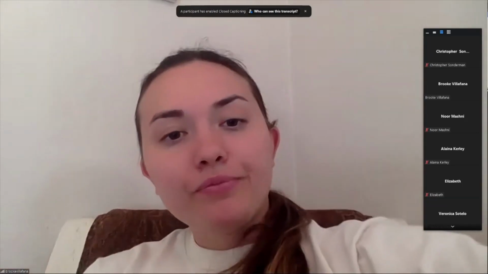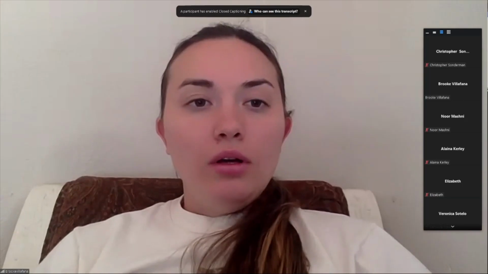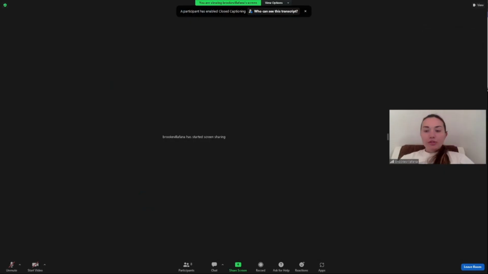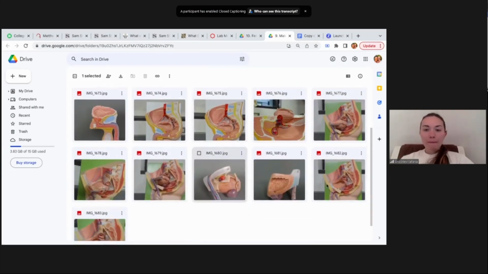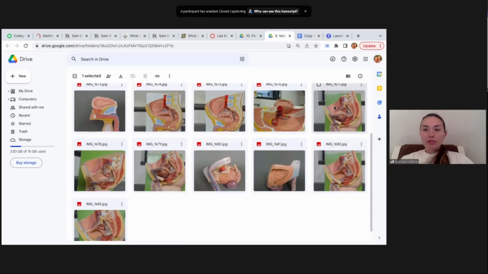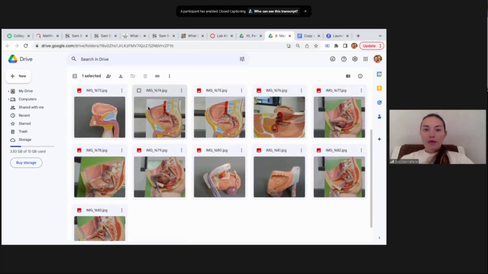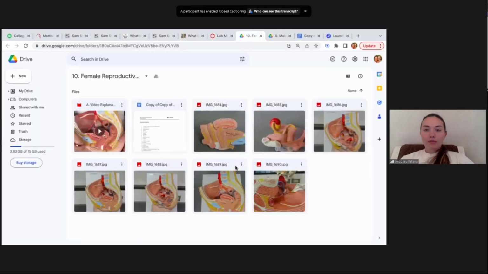I'll just share my screen. So we're going to start with our male reproductive model. There are two different ones: this one on the green board and then one on the white board. It's the same thing for female. Maybe we don't actually have you guys, might have removed that. Anyway, female also has one on the green board, but